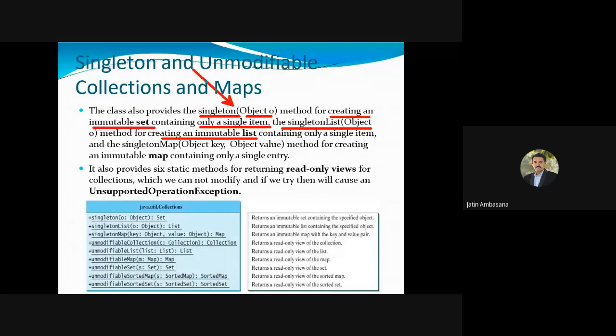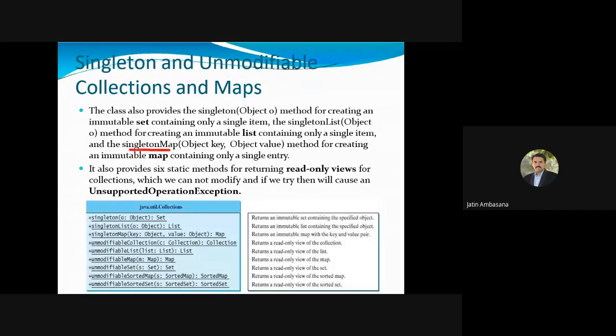So either you use singleton to create only a single item inside the set, or you use singleton list, which creates an immutable list containing only a single item.